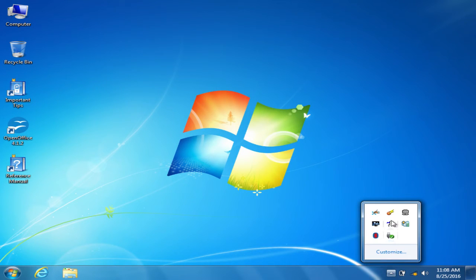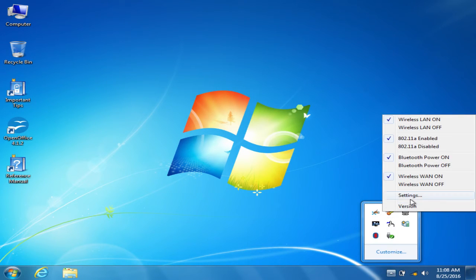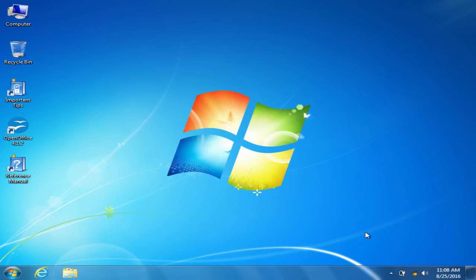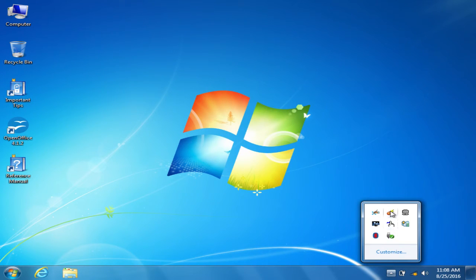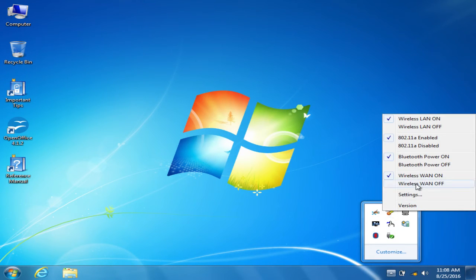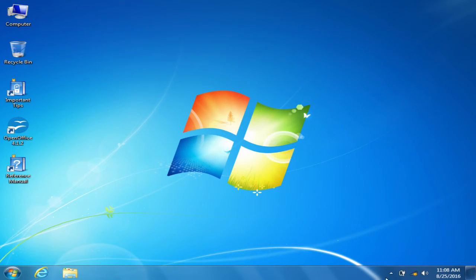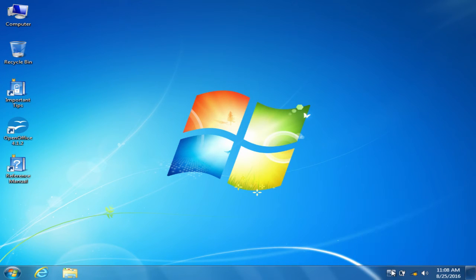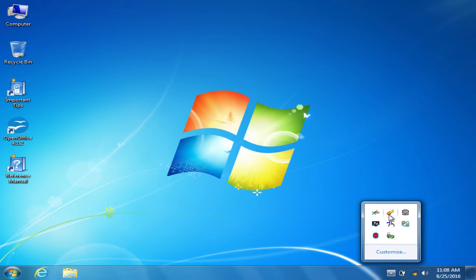For example, let me show you what happens if you had the settings incorrect. Let's say we had the turn on the devices that were on before setting, and you had gone here and turned off the wireless WAN, and you'd gone here and turned off the wireless LAN and the Bluetooth as well.